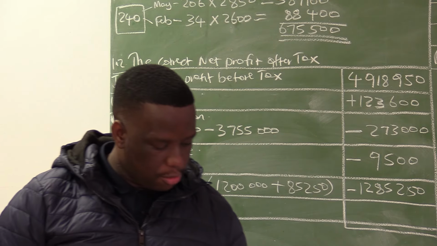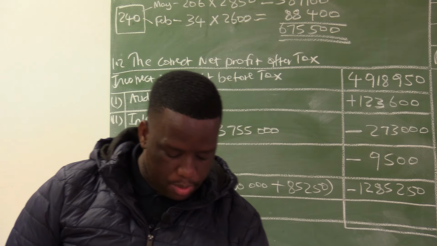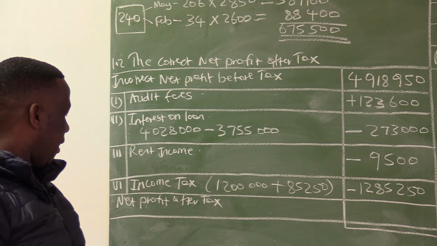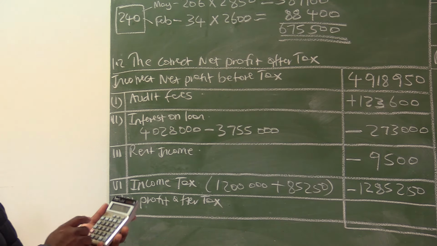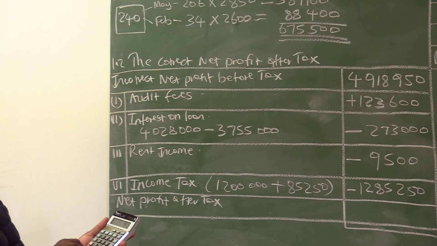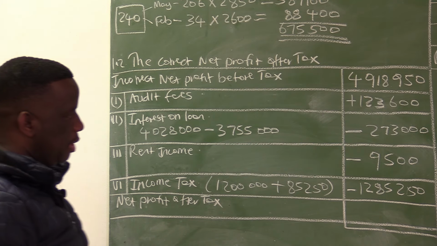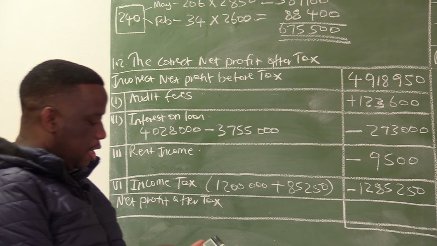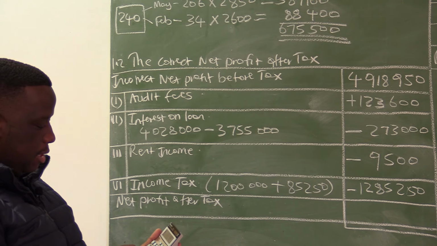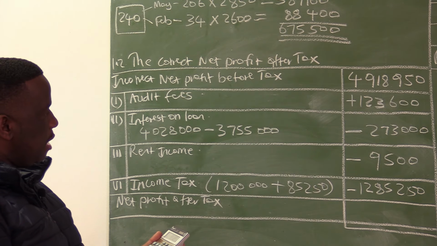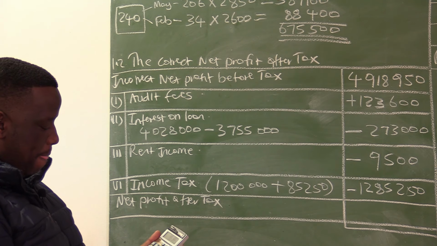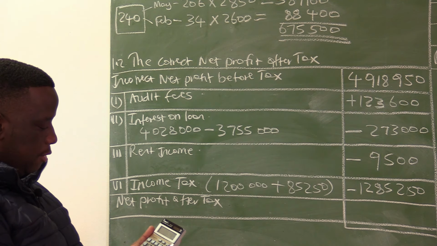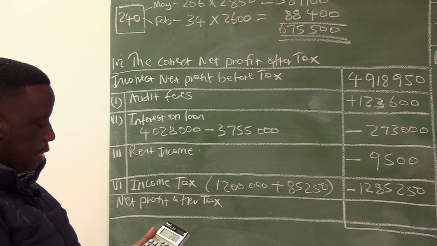And then that's the end of information C. We then need to calculate the final figure, which is our net profit after tax. So 4,918,950. Please make sure that when you are doing calculations, you calculate them correctly. The zeros and everything, please make sure that they are correct. 4,918,950 plus 123,600